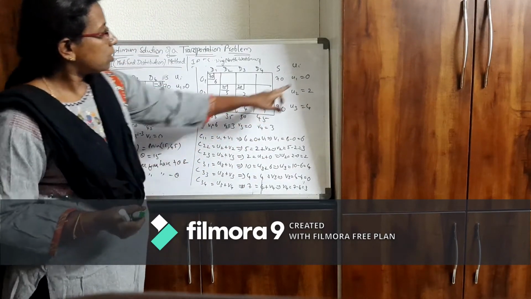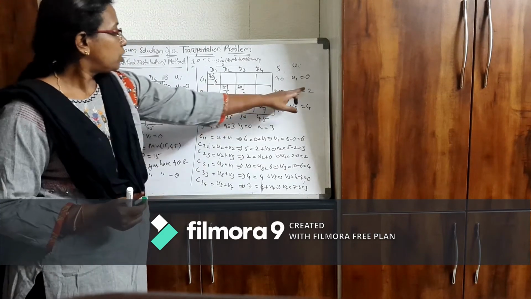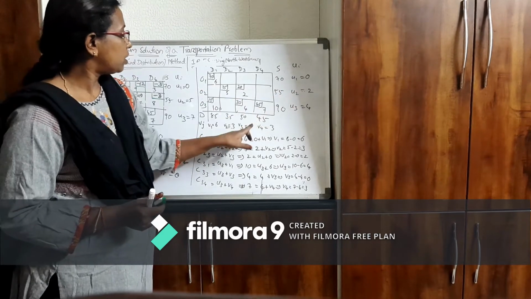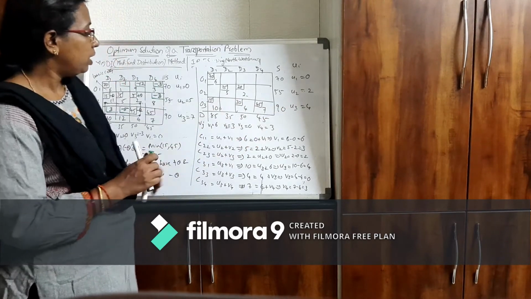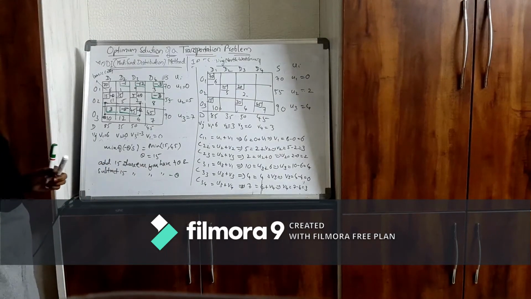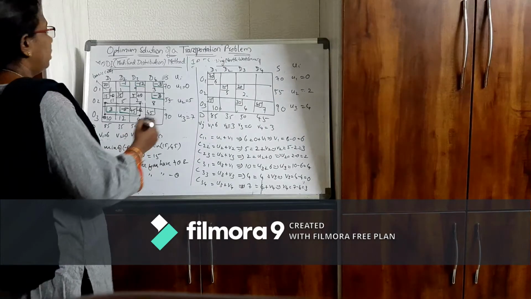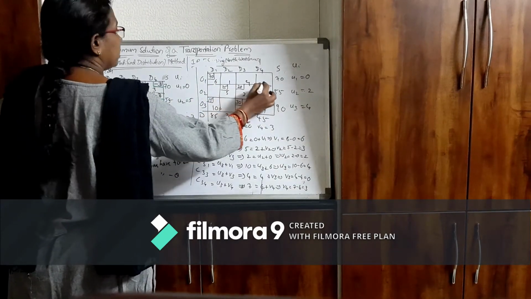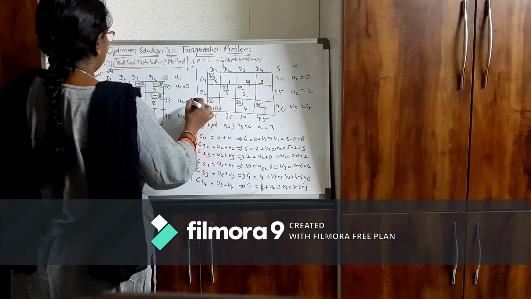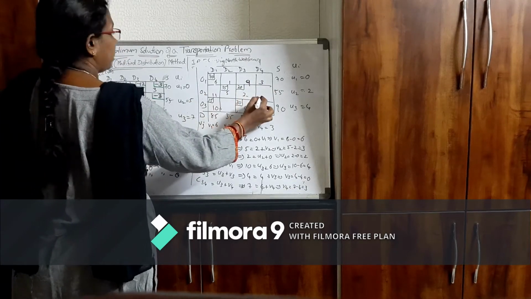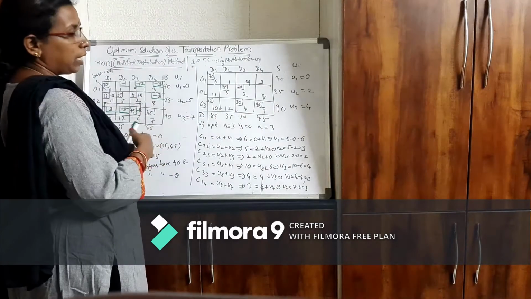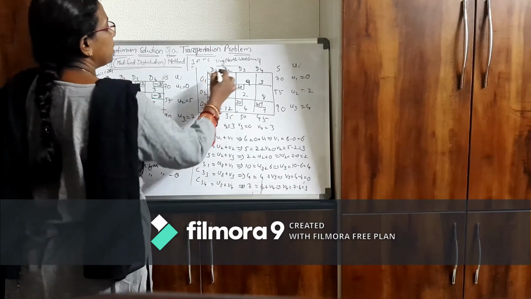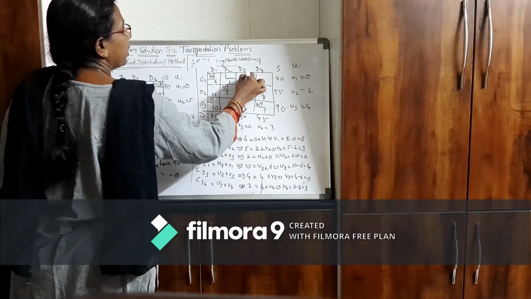Now you can check it. 0 plus 6, 6. 2 plus 3, 5. 2 plus 0, 2. 4 plus 6, 10. 4 plus 0, 4. 4 plus 3, 7. That means your allocations are correct. Now you write the non-basic cell values. What are the non-basic cell values? This is 1, this is 9, this is 3, then you have 11, and here it is 8, and here it is 12. So now you have to calculate net evaluations for these non-basic cells and write them in the upper right hand corner.